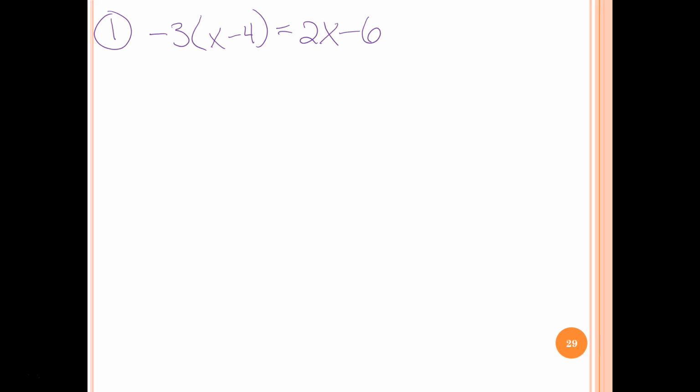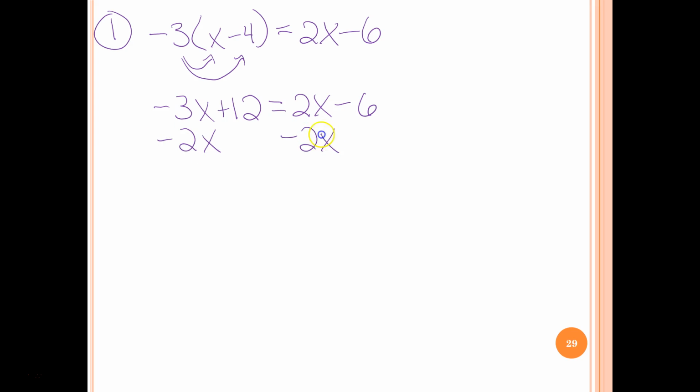So if you remember, the first thing we have to do in a problem like this is get rid of these parentheses by distributing, and be careful of signs here. We have -3 times x minus 4, which gives us -3x. Negative times negative is plus 3 times 4, which is 12, is equal to 2x minus 6. So now I'm going to follow the same rules as the last video and get those x terms to the left by subtracting 2x from both sides, bringing it over to the left-hand side, leaving us with -5x plus 12